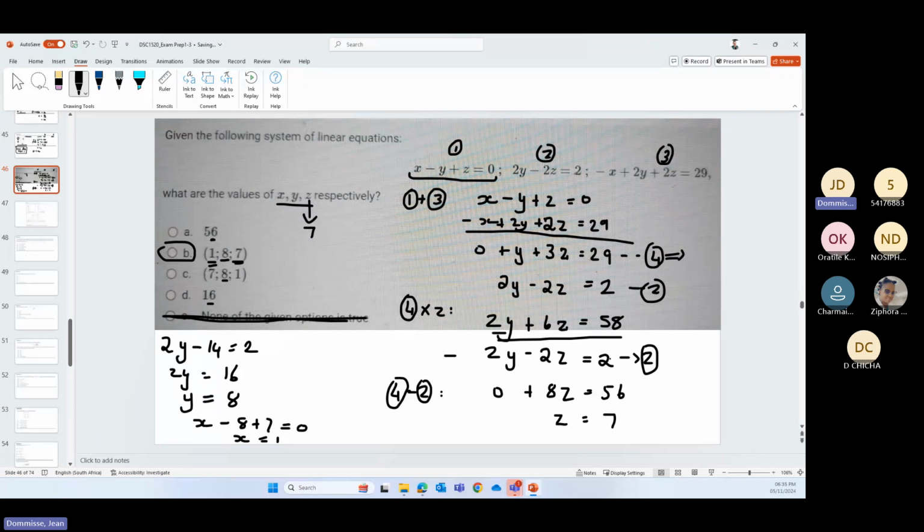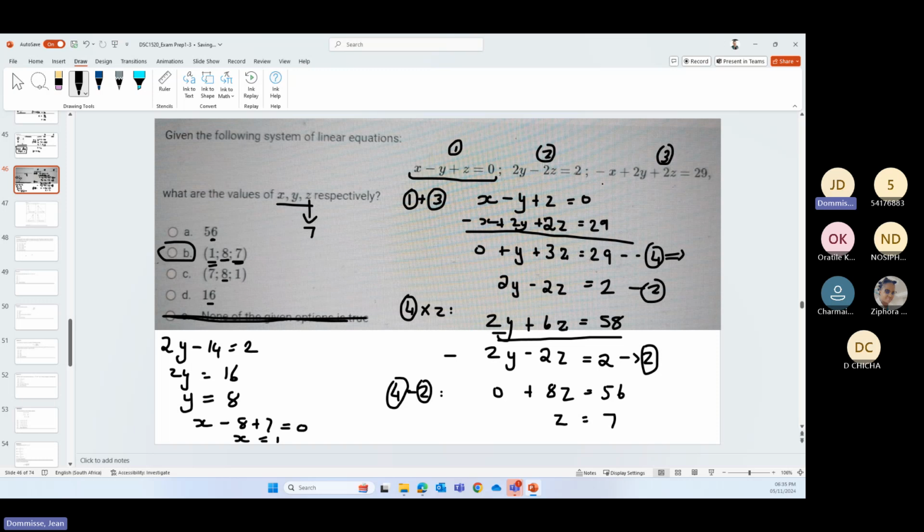58 minus 2 is 56. So then if I have 8z is equal to 56, I divide on both sides by 8. So z then is equal to 7. And then I begin the process of checking. I'm not going to put z into Formula 1 or 3